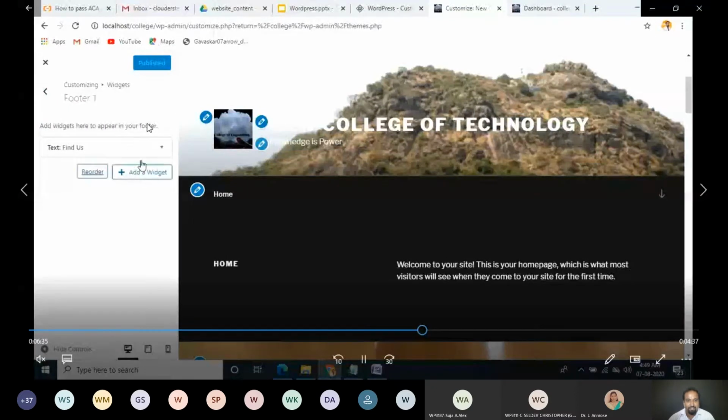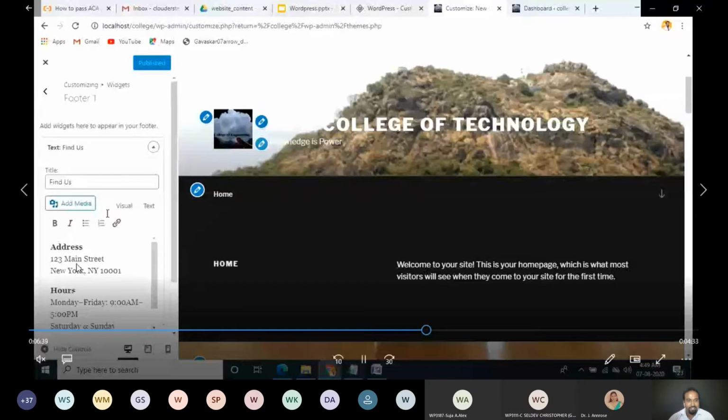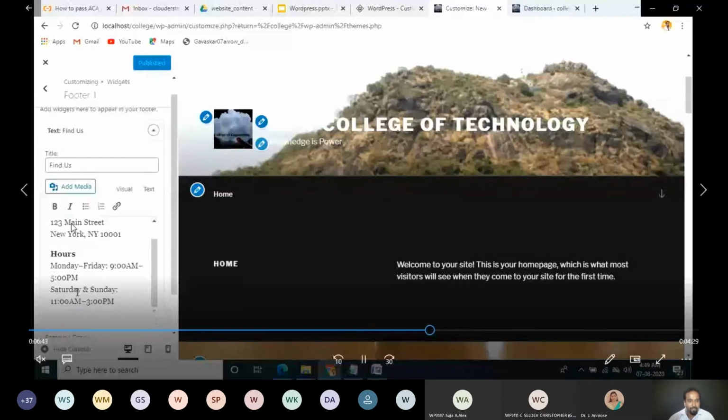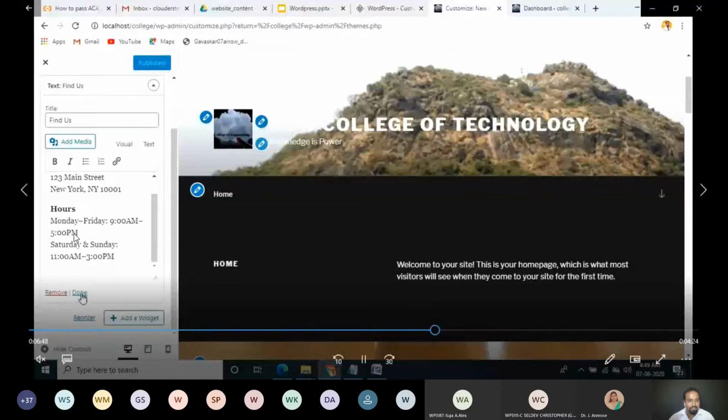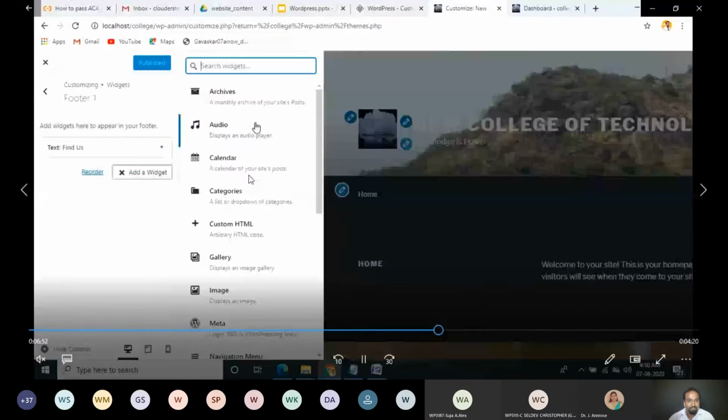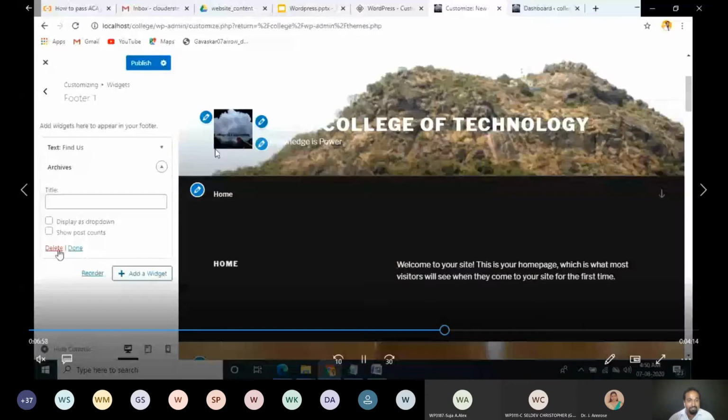Now in the footer, this is footer 1, this is footer 2. In footer 1, I am going to add an address. Address is there, yeah. Then done. If you want to delete or remove that, you can do that. Okay, now it's done. Then one more widget I am going to add: calendar. Many widgets are there. Or I could add an image, recent images, image archive. I am going to add that.